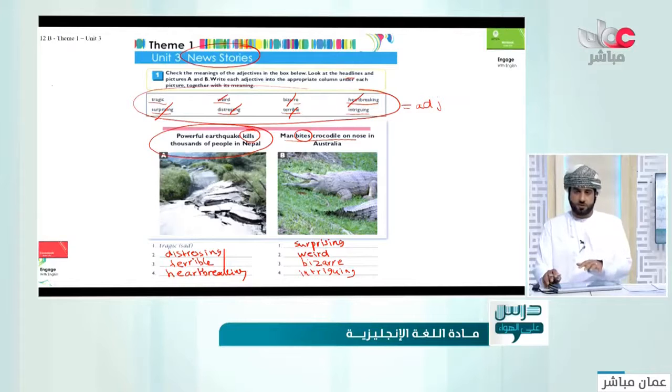We've listed these adjectives under the headlines. Some students will say as well, why this, why not this? So we'll say this is the closest that we can put. And to be frank with you, we can put two adjectives or one adjective for both headline A and headline B. By the way, we have to stick to the answer key from the designers of this book. I hope that it is clear for the time being before moving to the second